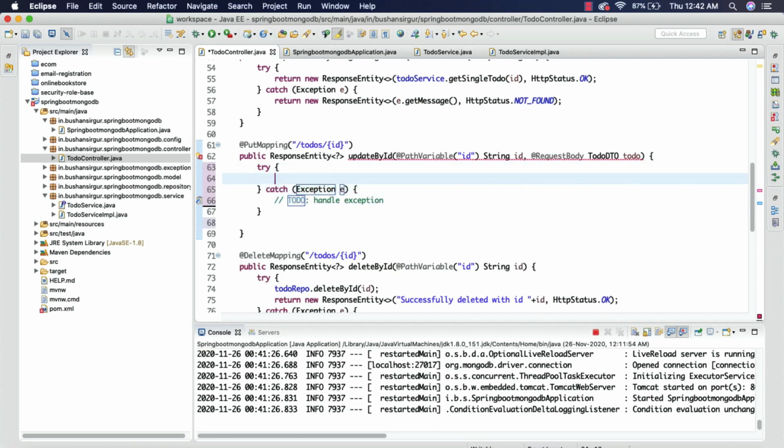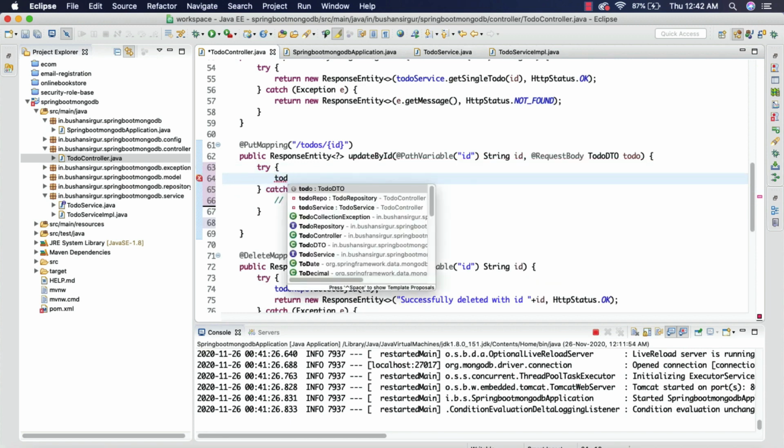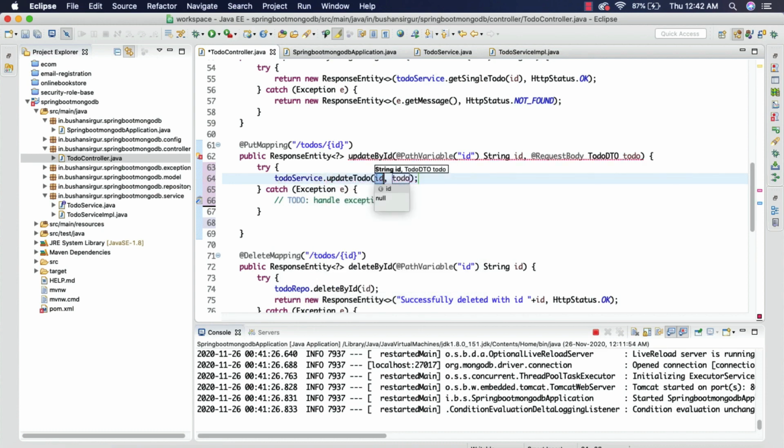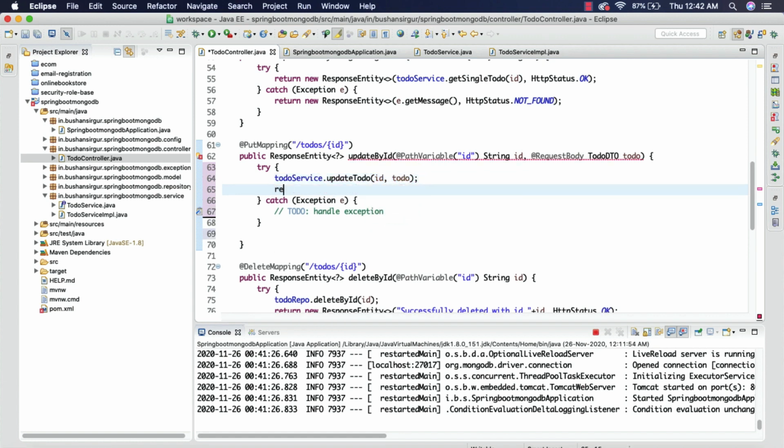So inside the try block, we're going to make use of this to-do service to call a service method which is updateToDo, and we're going to pass the ID as well as the to-do. And then we're going to return a new response entity.